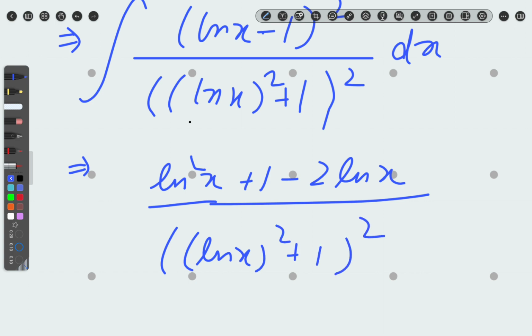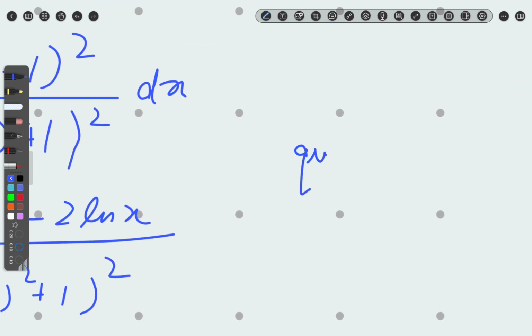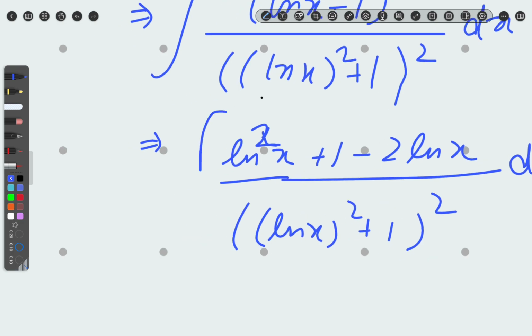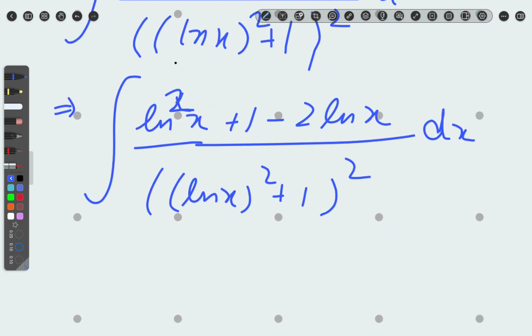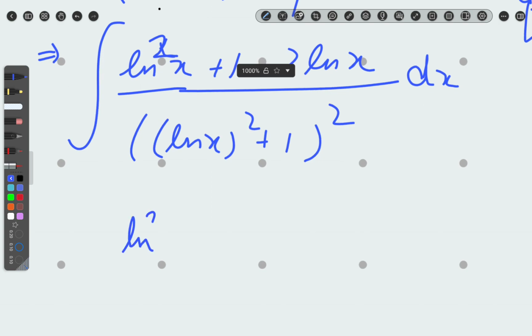Now as you can see that here the square of ln x square plus 1 is given, and here this term ln square x plus 1 itself is given. So this gives you the feel of the quotient rule, the quotient rule of differentiation, which is actually being performed here. So you get a hint about that, right? Now let's see this question here. So if we consider this